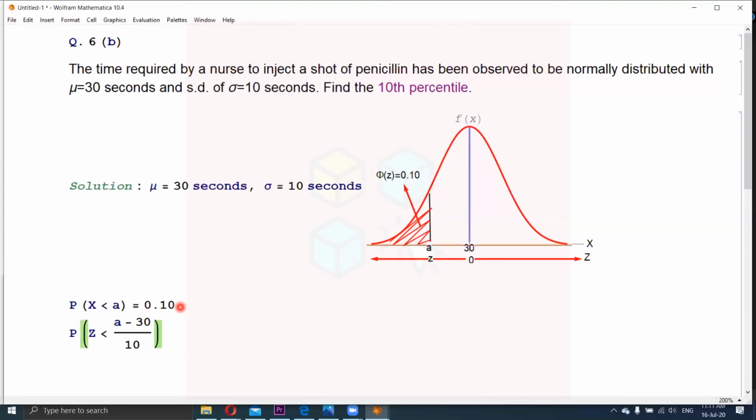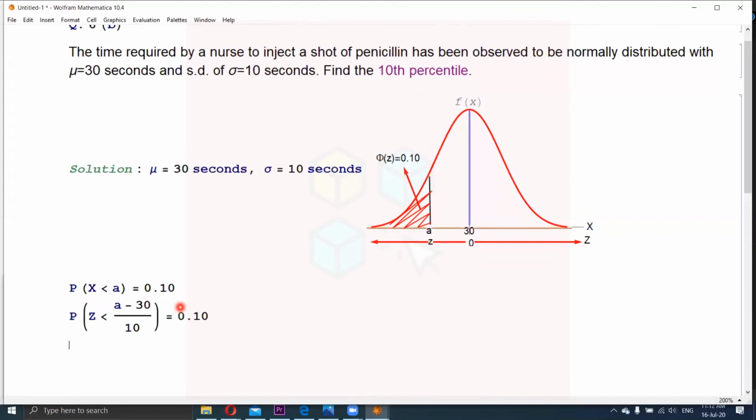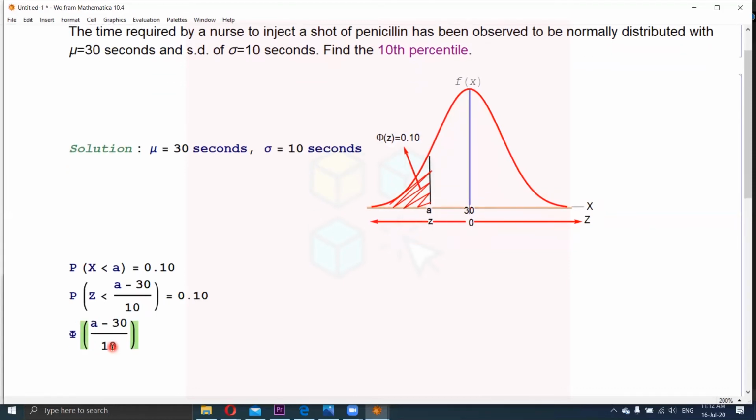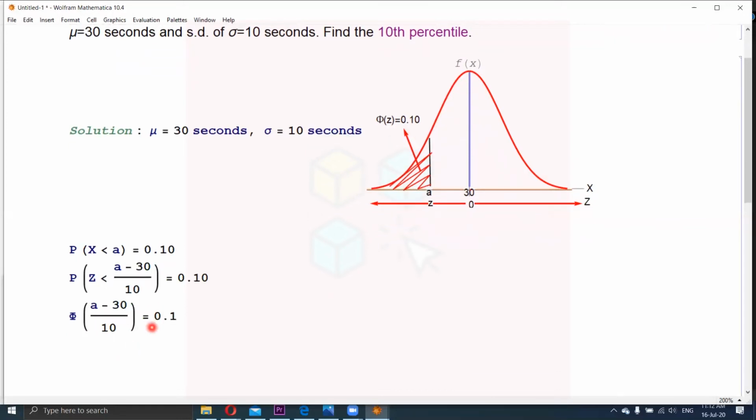So this probability is written as 0.10, and probability Z less than any specified value can be written in the form of phi. So we will write it as capital Phi of (A minus 30) over 10 is equal to 0.1, and phi inverse can be obtained